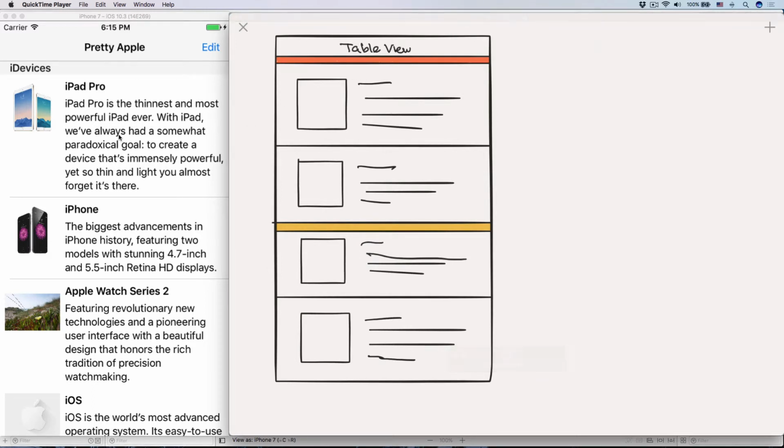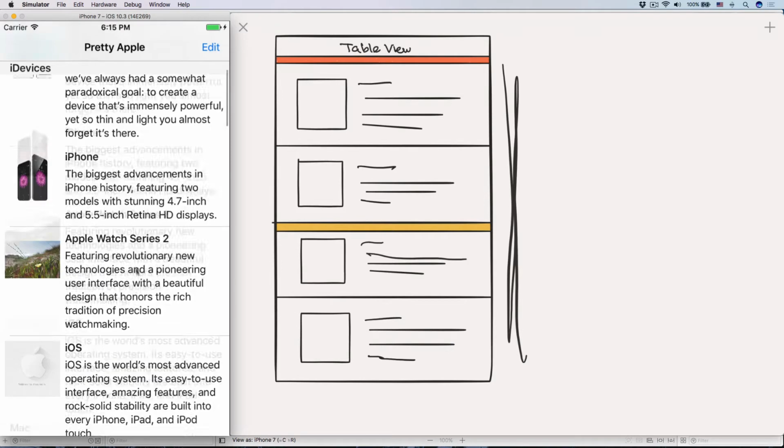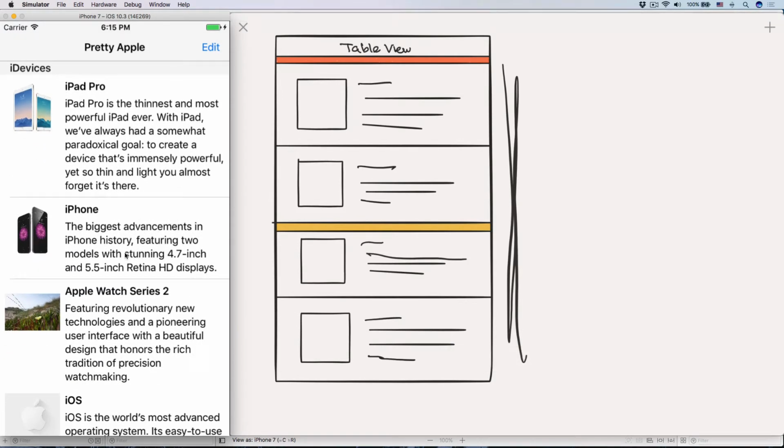Now, for example, let's say I have this table view right here. This whole table view thing is just like our table view on the screen like this. So let's talk about some of the concepts in TableViewController and in TableView. Number one is the class of this TableView is UITableView. And because this TableView has some things that we have to set up in order for it to work,